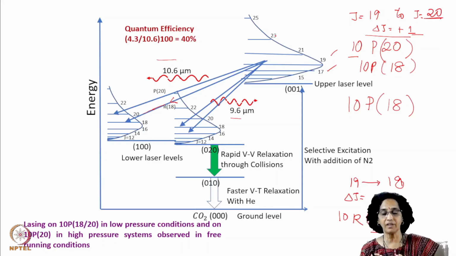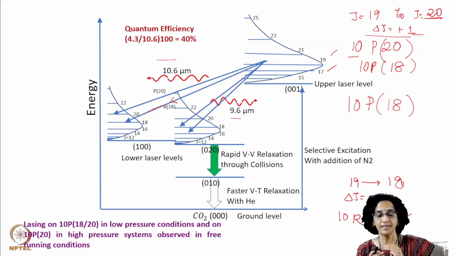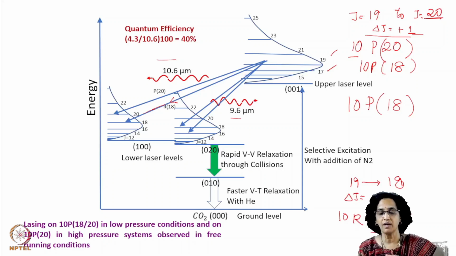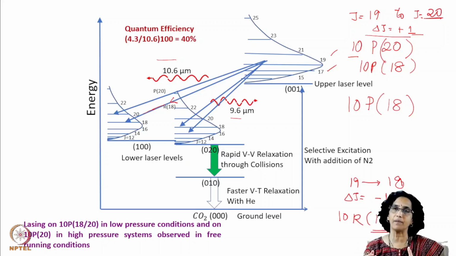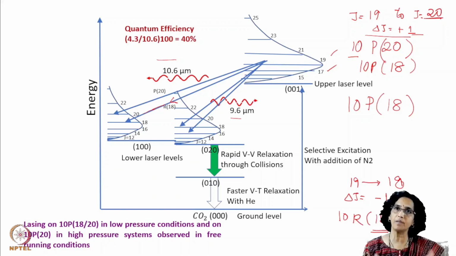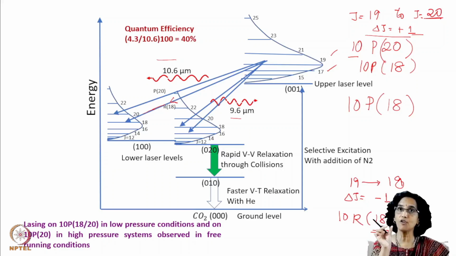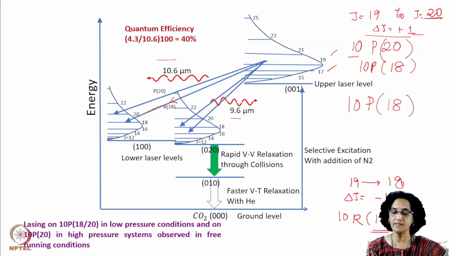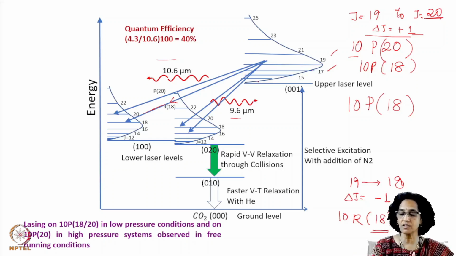Can you think of some time when such redistribution may not be effective? Well, there are such cases where your pumping is so very fast and for such a short duration that you don't allow this redistribution to happen. Then in that case, whichever transitions are above threshold, wherever gain reaches above loss, all of them can start lasing. And therefore, for the time you have excitation, you can have multi-line. But otherwise, in normal operation, what we see is that there is this rotational redistribution, and therefore this particular inversion curve is generally maintained.